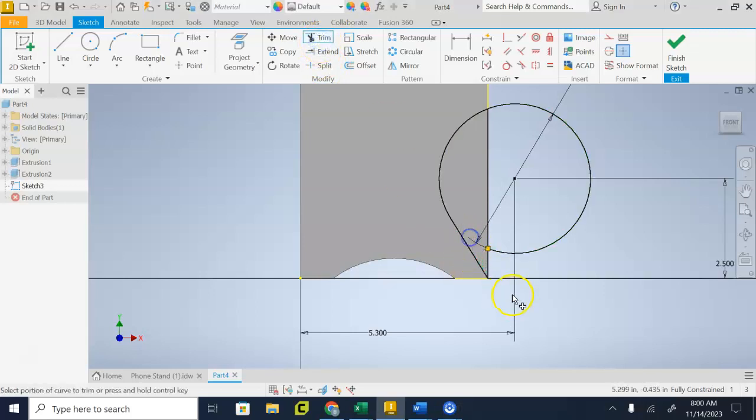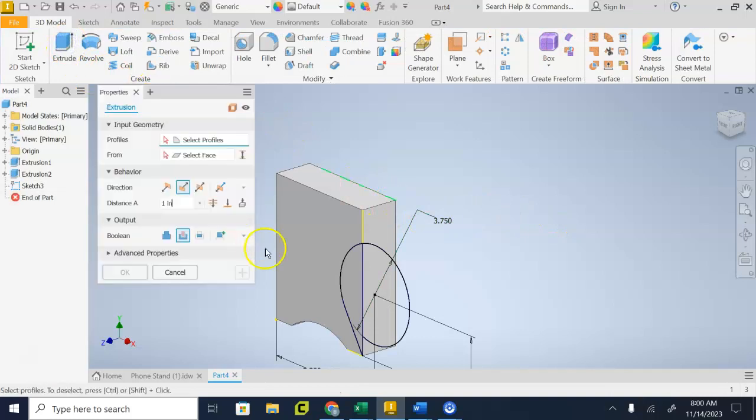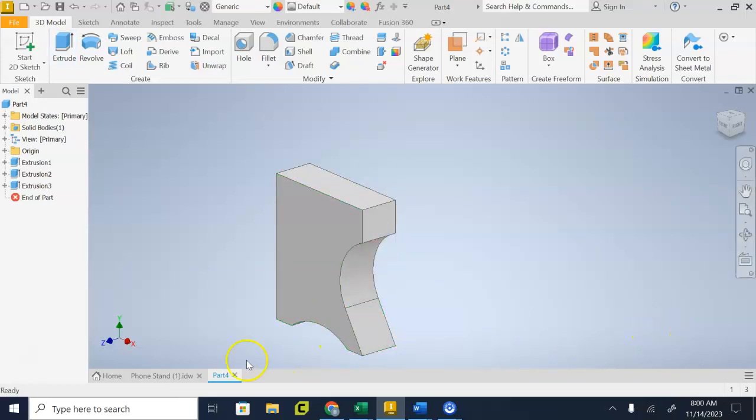To get rid of this little section. And I could actually trim out this whole circle if I wanted to. I don't need to though. I'm going to finish my sketch. I'm going to go to extrude. And I'm going to select this half here. And I'm going to cut through all again. And then there's my little curve